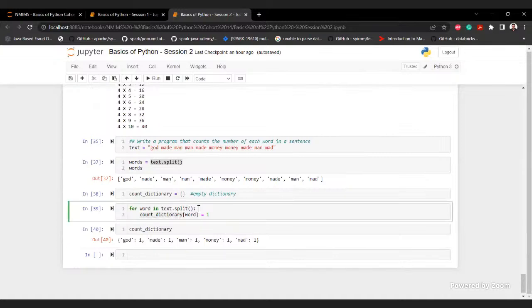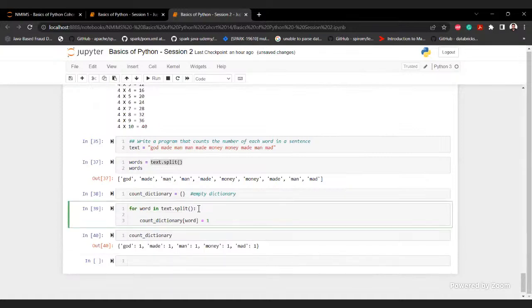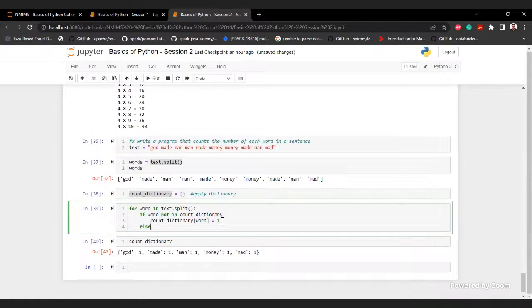So what I'll say is, I'll say if word not in count dictionary. Okay, if the word is not in the dictionary, whatever new word is coming, then only create a new key value pair and assign 1 to it, right? Else,